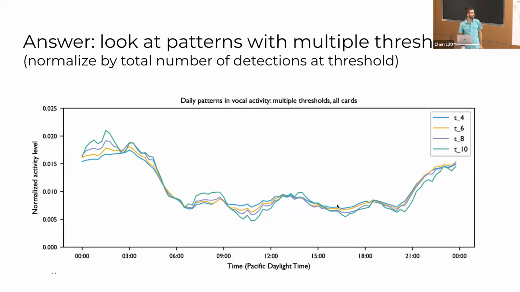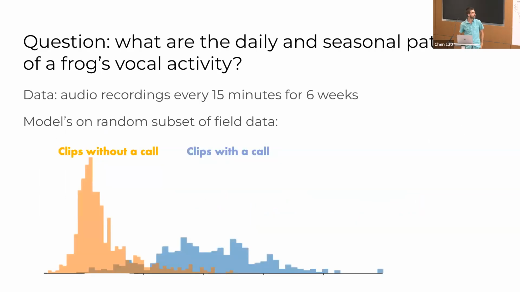And so even without manually reviewing, we could show that in a scenario where we know we have really high precision, a really high threshold, we get some pattern, and then we lower the threshold and we get the same pattern. So if you go back one slide and you take that very high